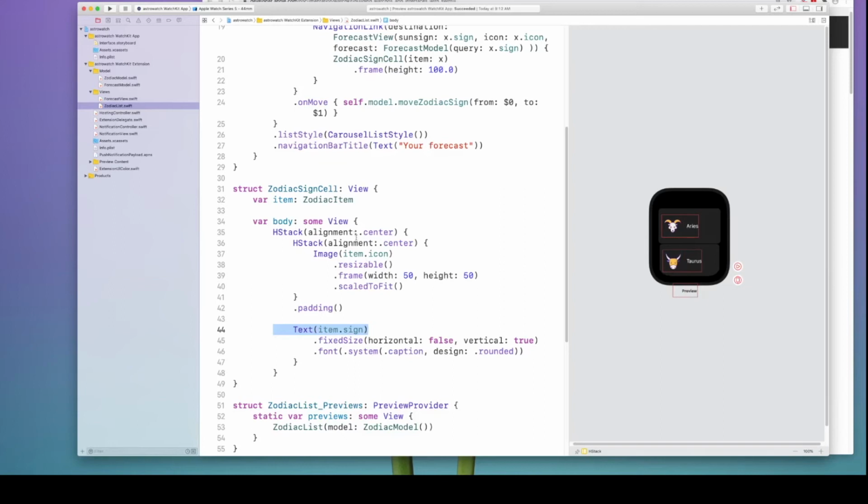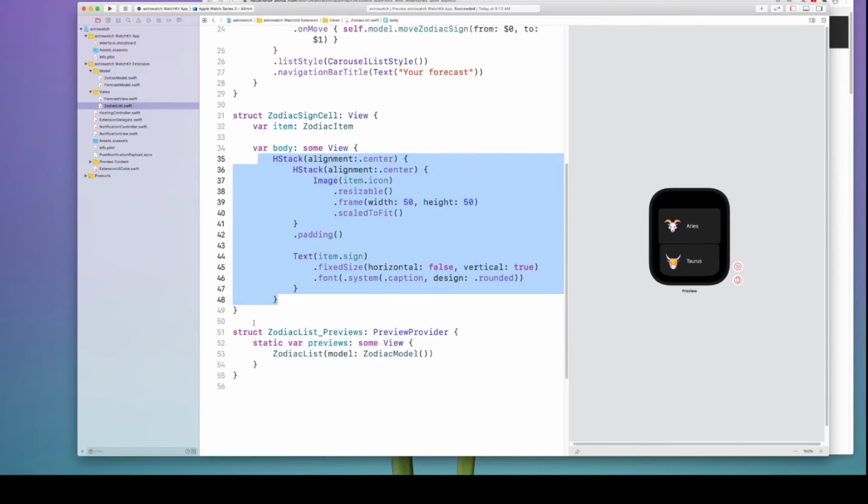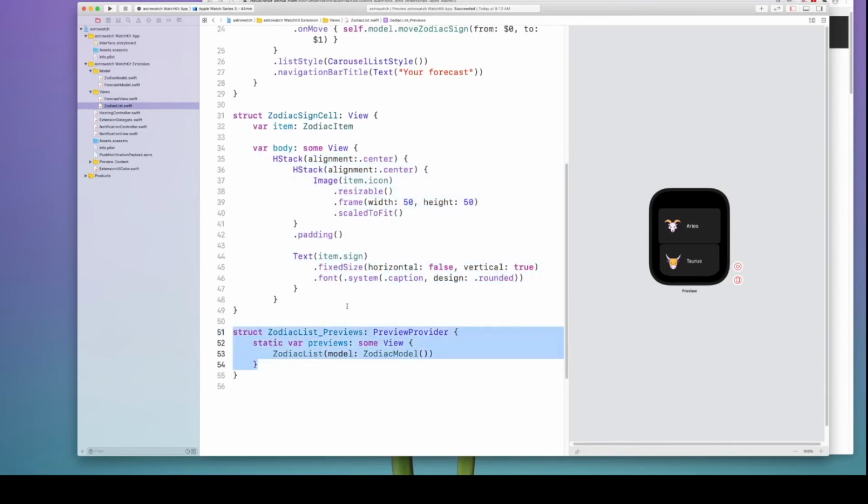Now, the benefit of having SwiftUI is its simple declarative syntax, as you can see here, and you can see the changes instantly using this preview. Now, the preview is provided by this struct. The only purpose of this struct is just a preview. It is not used in the app in any way. So here, if you add this line, you can instantly see the preview without actually doing a full-fledged compilation and run.